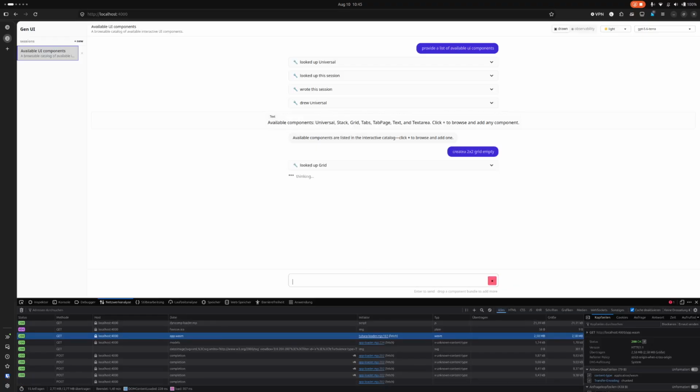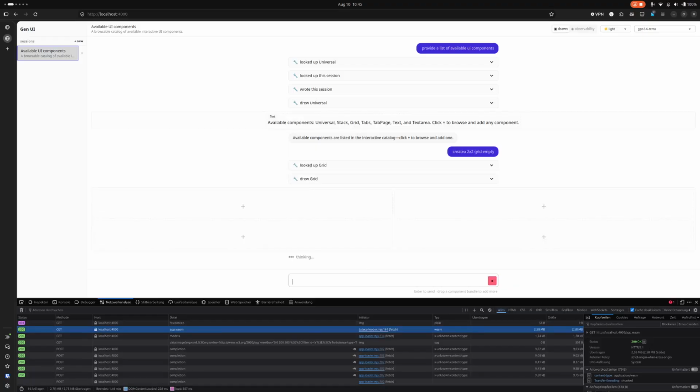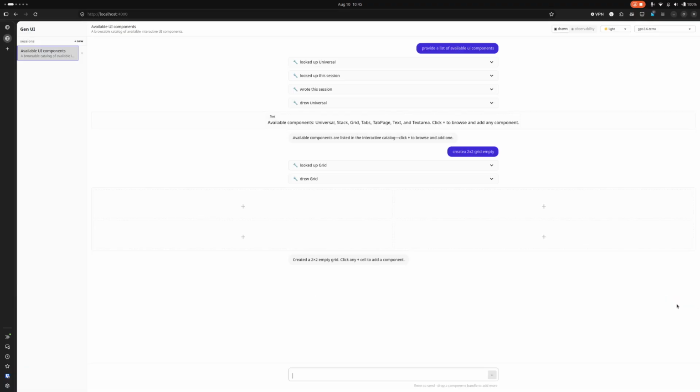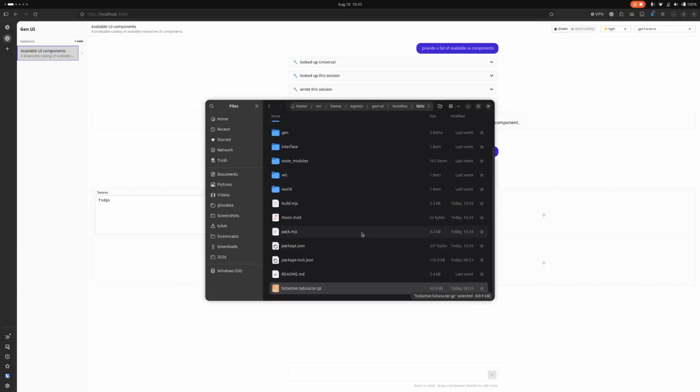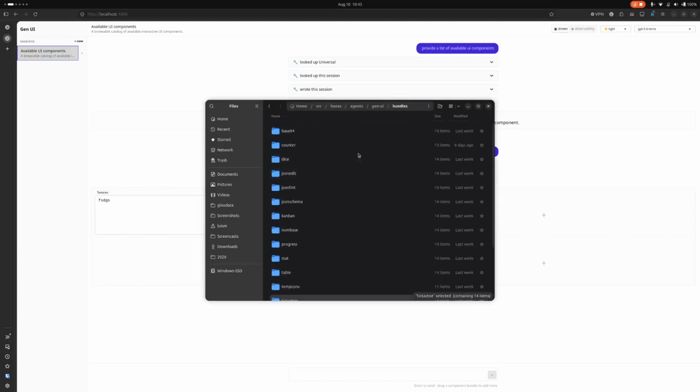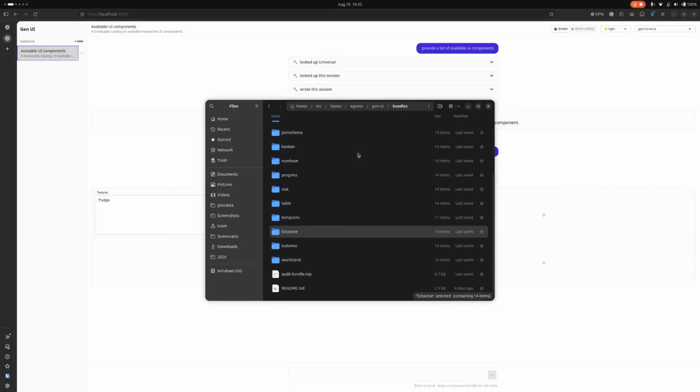This is also another idea here. The agent can create UIs, but UIs are interactive. It can either pre-populate them or it can give them to you. So I can put here a text area, and now I have this thing here. I can't put more because I don't have many components, but this can be fixed by going to my list of bundles, and let's say I want, let's start with